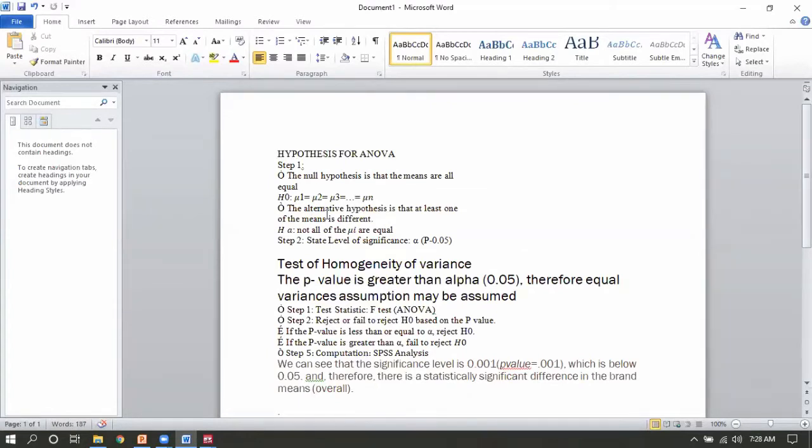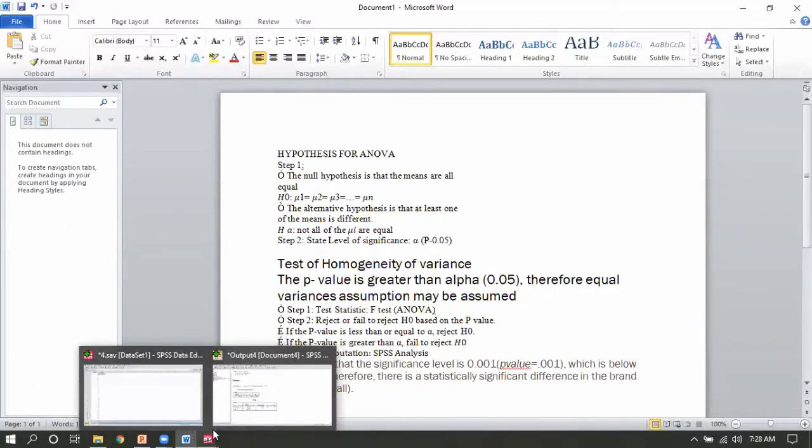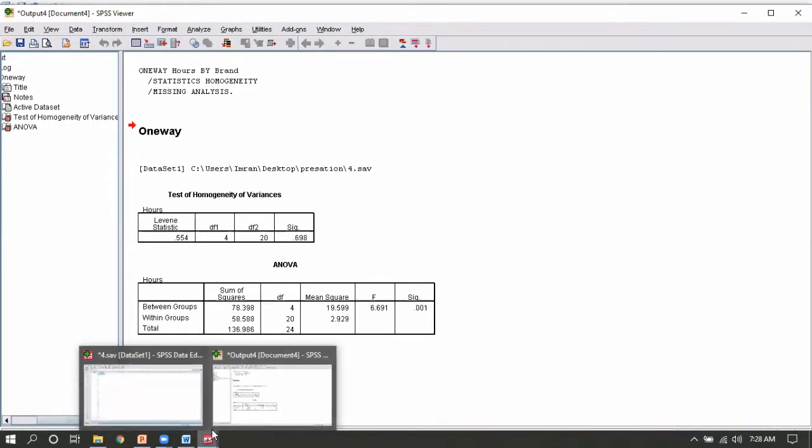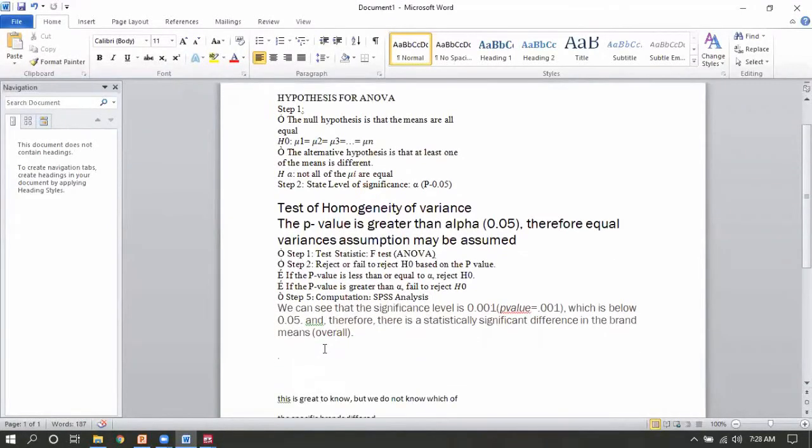You can see the result that the F significant value is 0.01, which is less than alpha. So we conclude the rejection of the null hypothesis based on the p-value. If the p-value is less than or equal to alpha, we reject the null hypothesis. If it is greater, we fail to reject the null hypothesis.